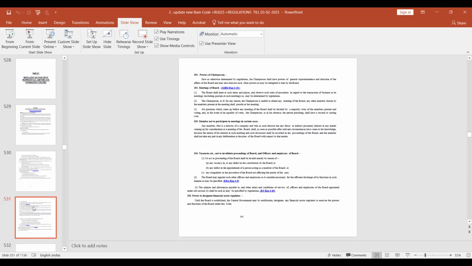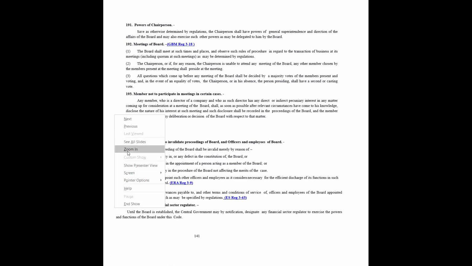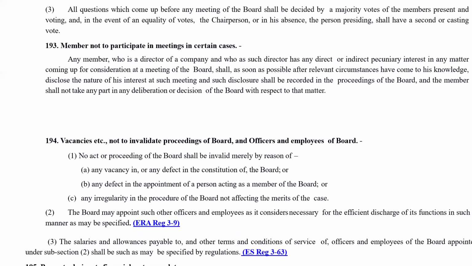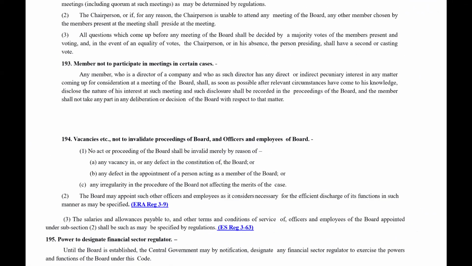हम यहाँ पर थे 192 पर। ठीक है, अब हमने करना है 193। 193 क्या बोलता है? मेंबर्स नॉट टू पार्टिसिपेट इन मीटिंग्स इन सर्टेन केसेस। Any member who is a director of a company and who as such director has any direct or indirect pecuniary interest in any matter coming up for consideration at a meeting of the board shall as soon as possible after relevant circumstances have come to his knowledge disclose the nature of his interest at such meeting, and such disclosure shall be recorded in the proceedings of the board, and the member shall not take part in any deliberation or decision of the board with respect to that matter।